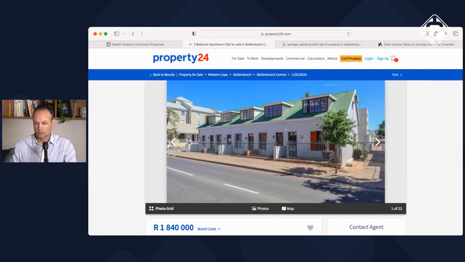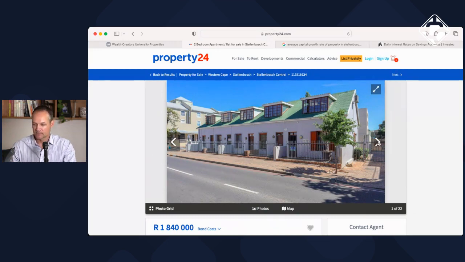So what I did is I did a quick search on Property24, an online portal that you can utilize to determine what investment opportunities are available. I literally just did a search. My criteria was that it had to be between the price of 1 and 2 million rand. It was just a random number that I decided on, and I landed on this specific one. So let's quickly look through the pictures.